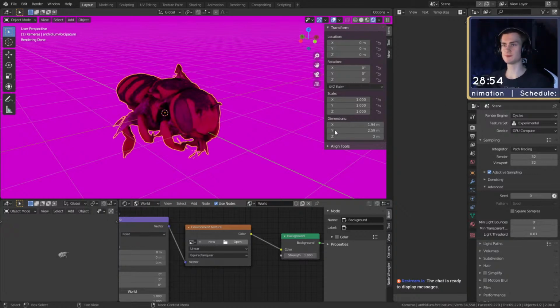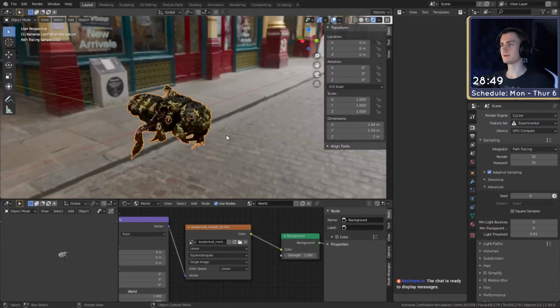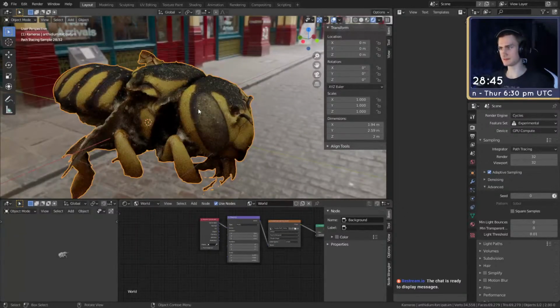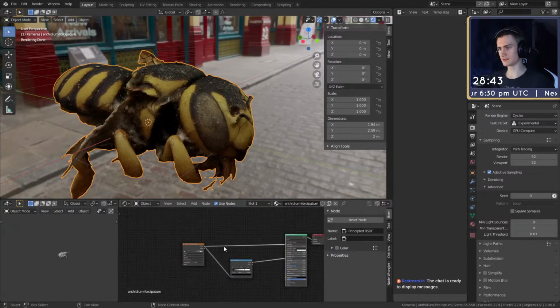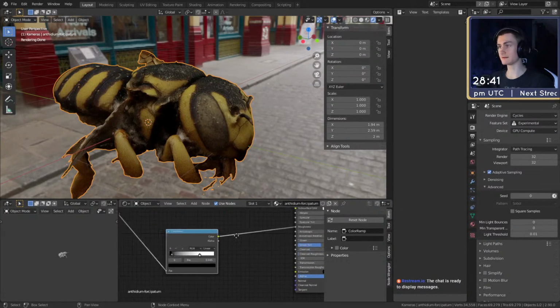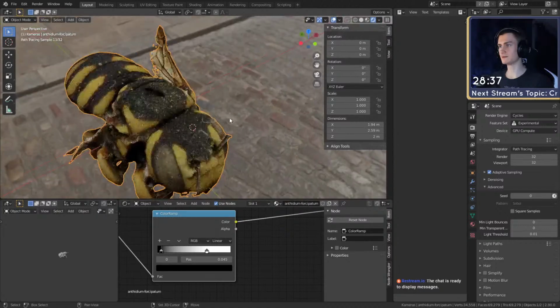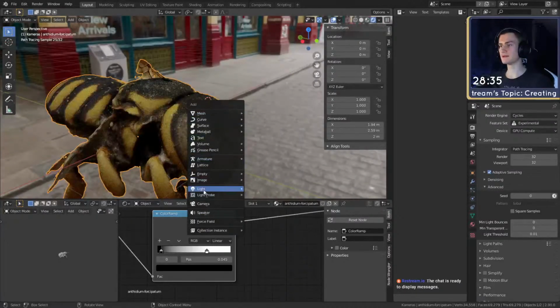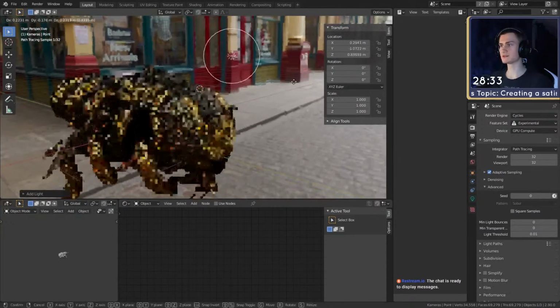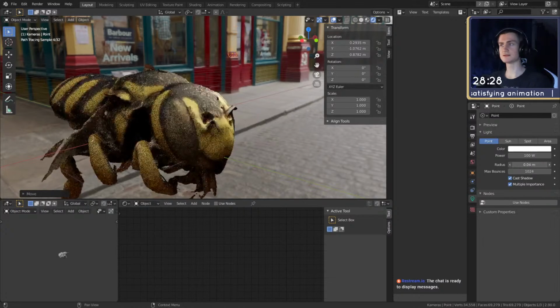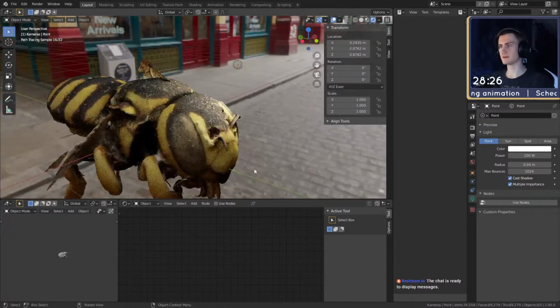HDRIs, I would just use my standard, maybe this one. Okay, this is nice lighting. Let's see, is it plugged in, the roughness? It is. Okay, what if we change these values? What if we go in here, put just a light in here so we can see some reflections? The light is pretty dim. Put that to 100, I guess. Okay, change the radius. There we go. Okay, so